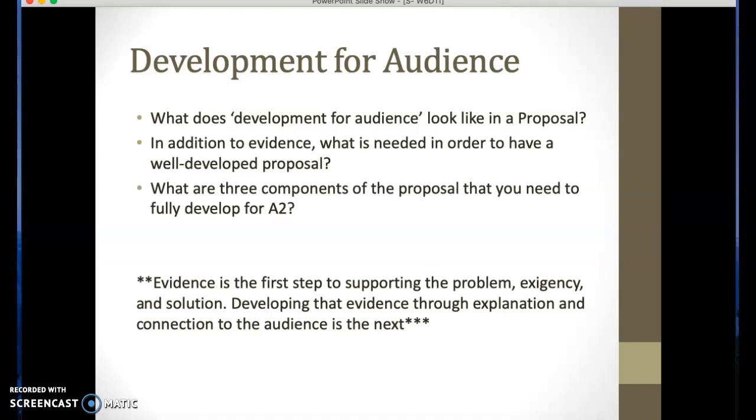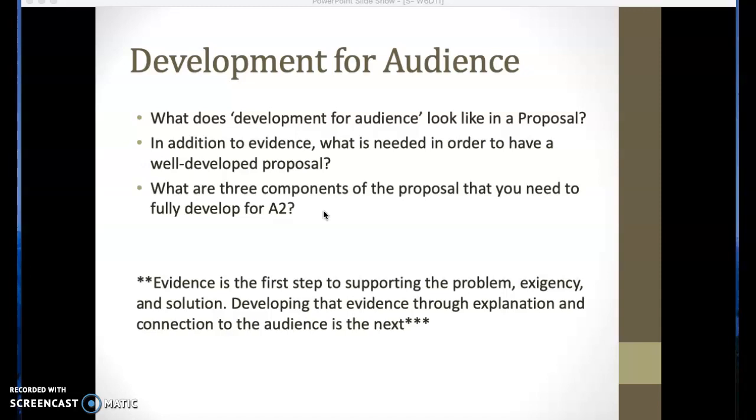And one thing that I do want to clear up is that you do have to identify a problem that is currently a problem. It can't be something that's already been solved. One really good example of this is the Michigan water crisis. Don't write about that because it's something that has already been solved. Anyways, so developing the evidence through explaining it and connecting it to your audience is the next crucial element of